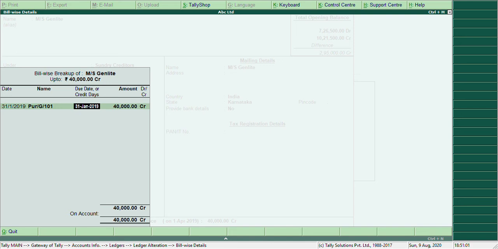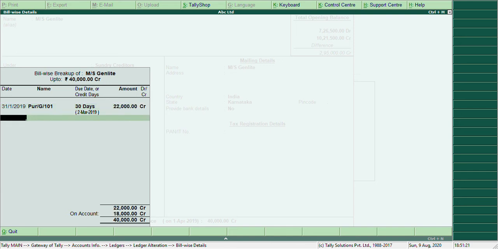And if some credit period has been given by the creditor, you can enter 30 days there, and the bill amount is 22,000.